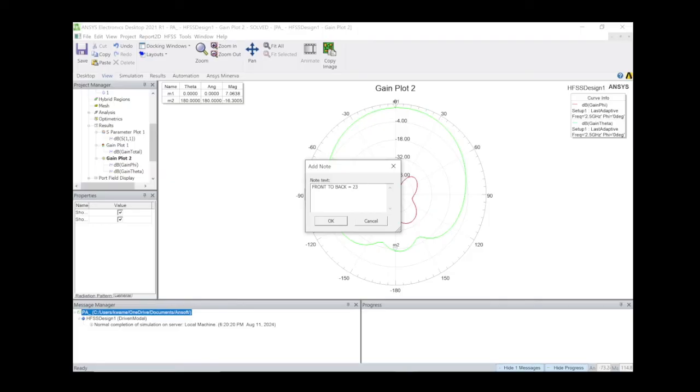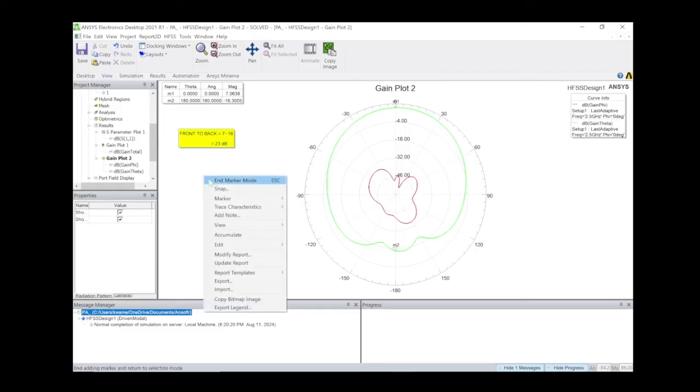So usually you need to ignore. So this is it. Those of you who wouldn't get it, 7 minus 16, and you have a front to back ratio of 23 dB. Good. You add a note. After that, you need to add another one and compute